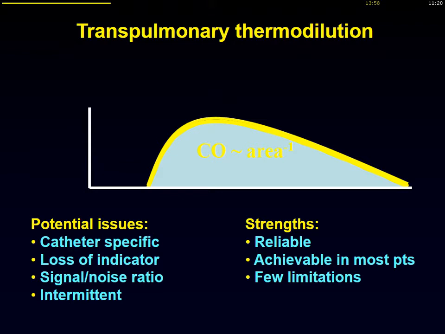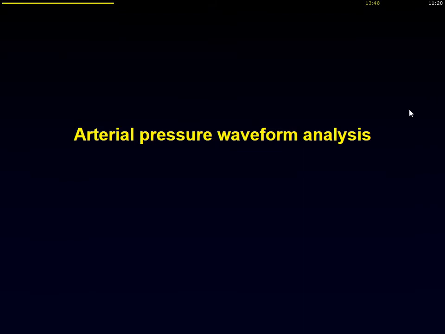And the most important limitation is that it is intermittent. It provides you information only when you measure it. So you do not have continuous assessment of the cardiac output. So it may be advocated to look at some more continuous evaluation, and the arterial pressure waveform analysis is probably